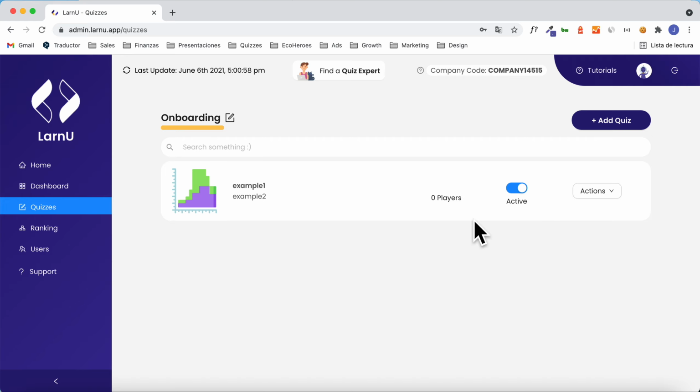In the quiz's overview, you will see all the information regarding your created quiz, such as the illustration that represents your quiz, the title, the subtitle, the number of players that have solved your quiz, the click to hide or activate this quiz for the users connected to your code button, and finally different actions such as edit and delete the quiz, and soon automated marketing actions to notify your users about the new content you created.